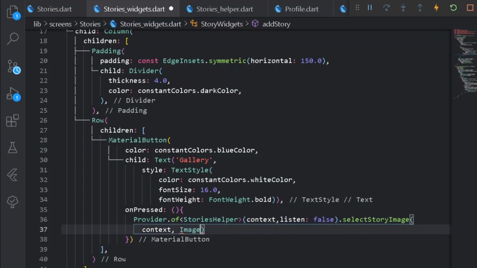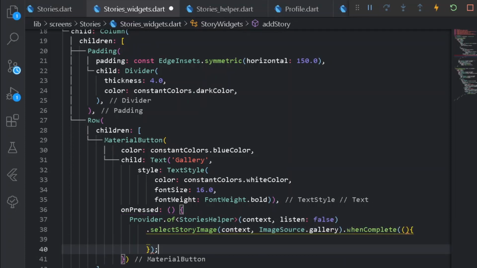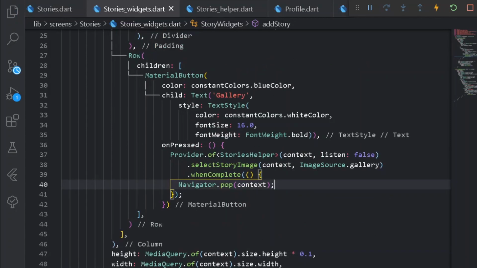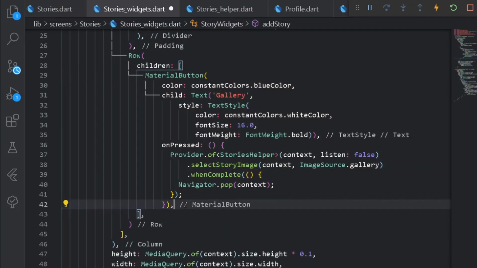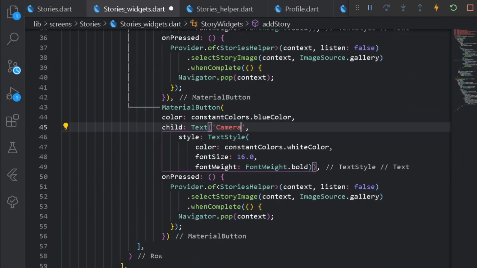So for source I can simply have image source dot gallery. Easy thing. And here we can have our when complete phrase, and here when complete I can simply say navigator dot pop. Easy thing. So once we have done this, copy the entire material button and paste it one more time, but here let's have a camera thing, and here let's have a source for a camera.